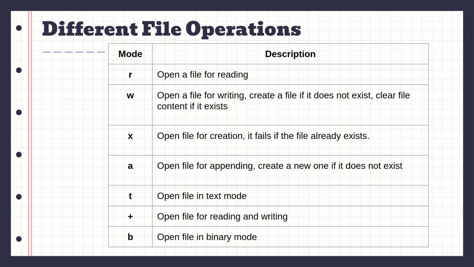You have the plus mode, open file for reading and writing. And then finally we have the B mode, which opens the file in binary mode. Whenever you're trying to open image files or video files, we'll be using a binary mode, right? So now that we're looking at some of the common modes, let's go ahead and say we want to